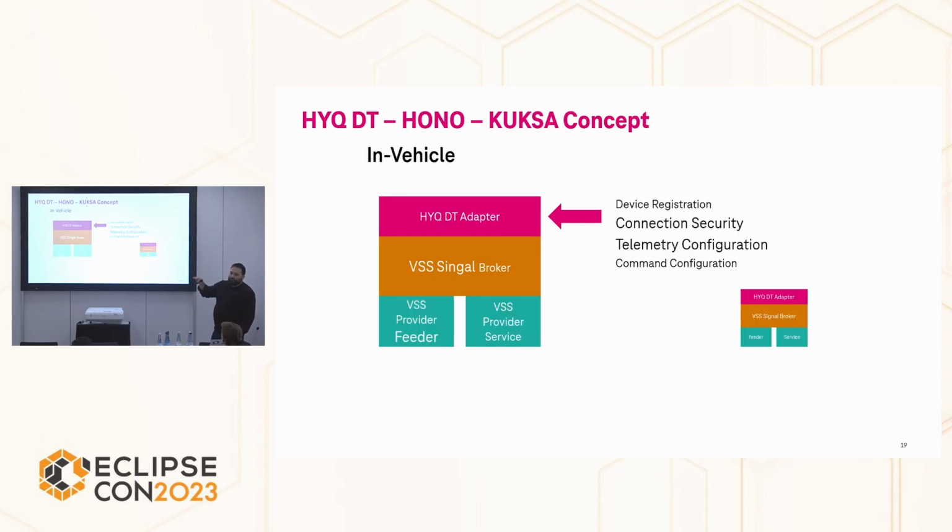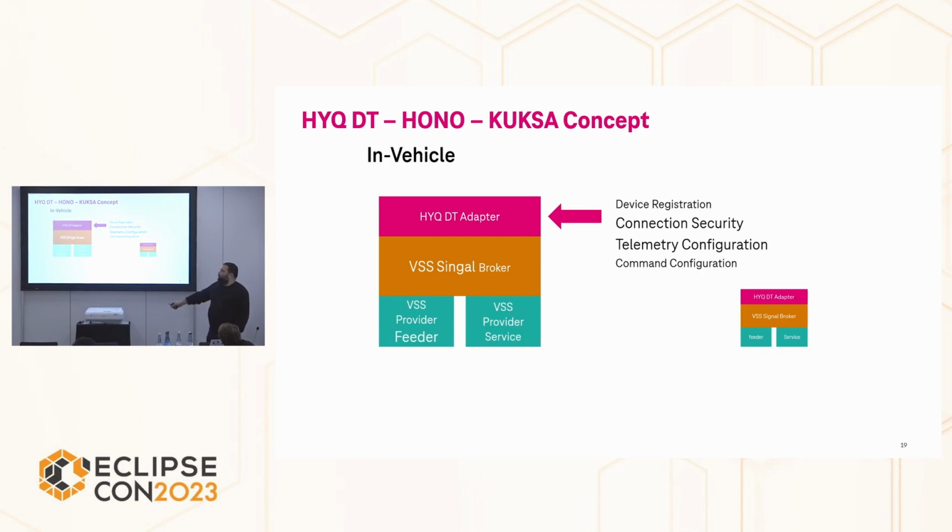This is basically the abstract view on how it looks inside the vehicle from our point of view. We have these two vehicle signal specification services, the feeder and the provider. They will talk to the signal broker. And this will be then forwarded to the Hypercube digital twin adapter, which will send the data up into the